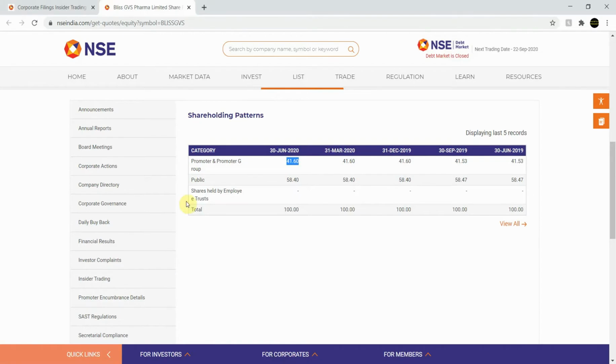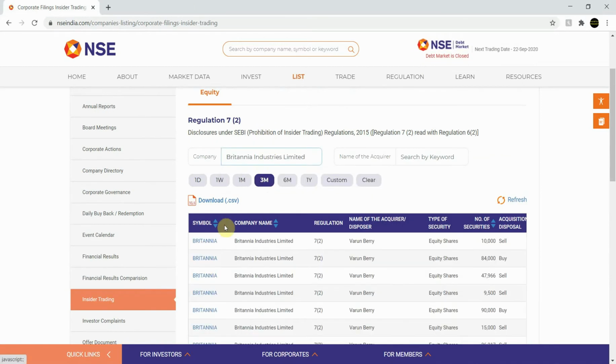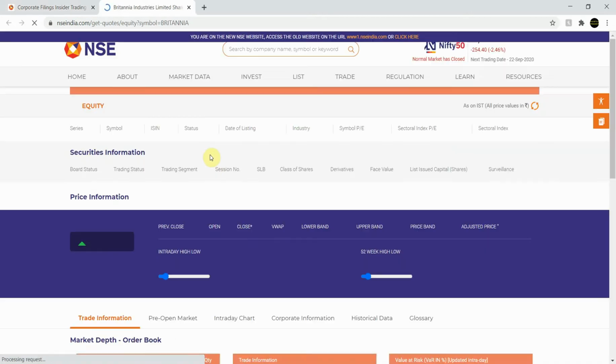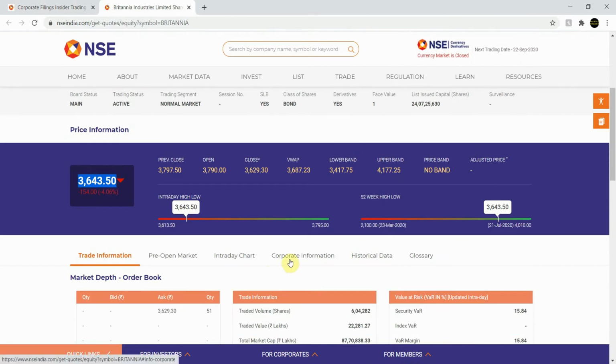Next on the list is Britannia. I'll copy it and paste it in the company name. It's Britannia Industries Limited. I'll click on the symbol of Britannia. Again, you can see it's quite a pricey stock, so if you have a small account you may not want to do the analysis on this stock, or you may be reluctant to buy it. Let me share my personal opinion: I have a small trading account of just 30,000,